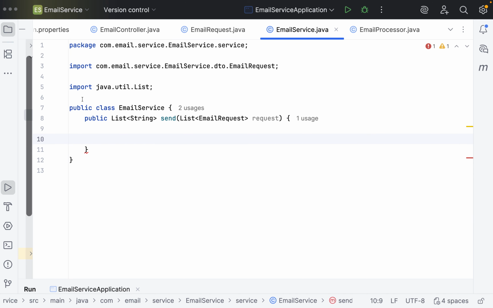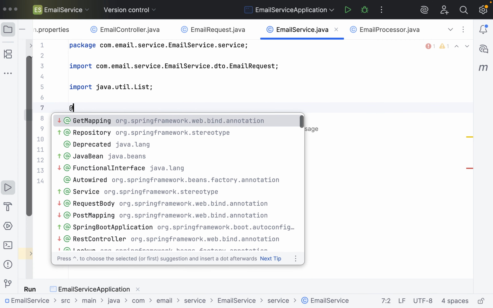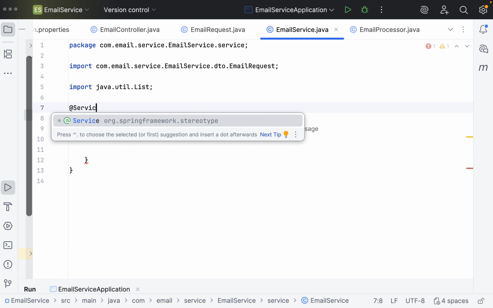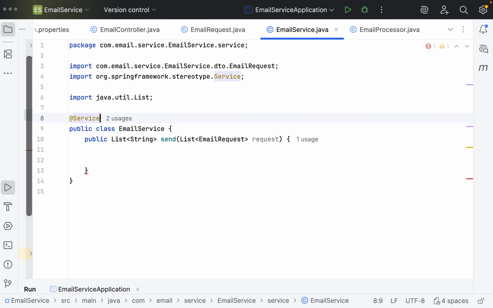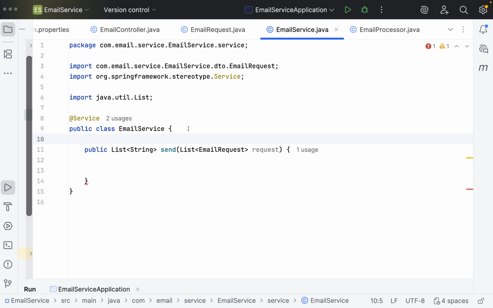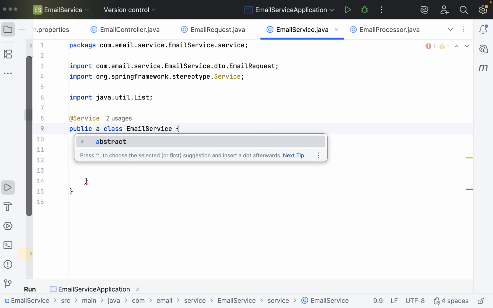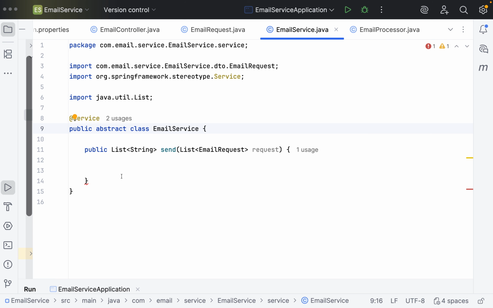Now the thing is that you need to mark this as @Service, so that Spring Boot will be aware that this is the service class which contains the business logic. And a list of string is there. Mark this class as abstract as of now. I will tell you why we are marking it, just 1 minute. Then what we will be doing,